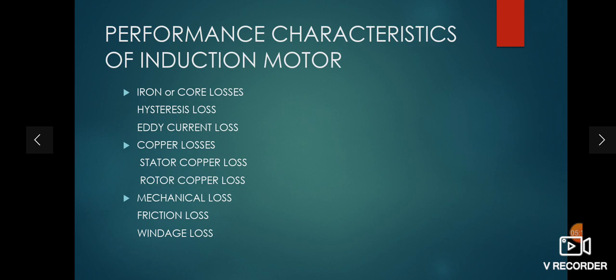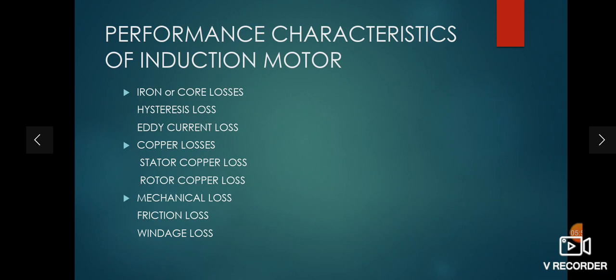Same way, what are the eddy current losses? Eddy current losses means that when the motor starts to rotate, EMF is induced in the rotor core too, as well as in the winding. Suppose your motor starts to rotate, your rotor core cuts the magnetic field, and EMF is induced in the rotor core, and current starts to flow through the rotor core too. So that current is known as the eddy current, and due to that eddy current, power losses occur.